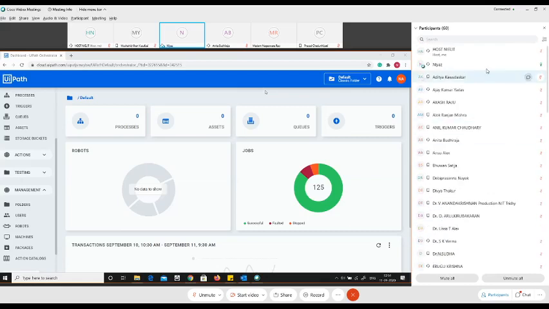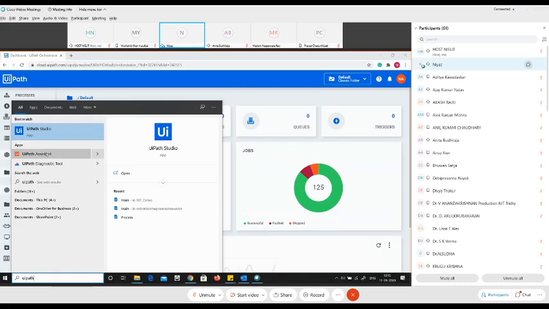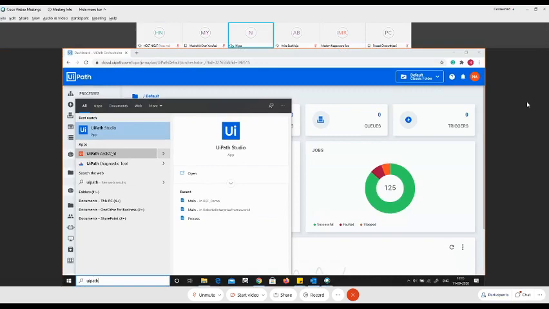Okay, so as I said, all you have to do is search for UiPath Robot or UiPath Assistant. In our case, I have UiPath Assistant, so it purely depends upon which version of UiPath Studio you're using. Let's say you're using UiPath Studio 19.10 or something. In that version, we have UiPath Robot, and in the latest version, we have changed it to UiPath Assistant. So you may have UiPath Assistant and some of you may have UiPath Robot. It is going to be the same.